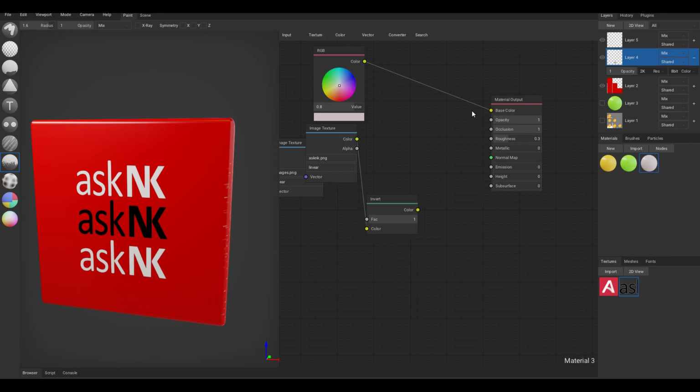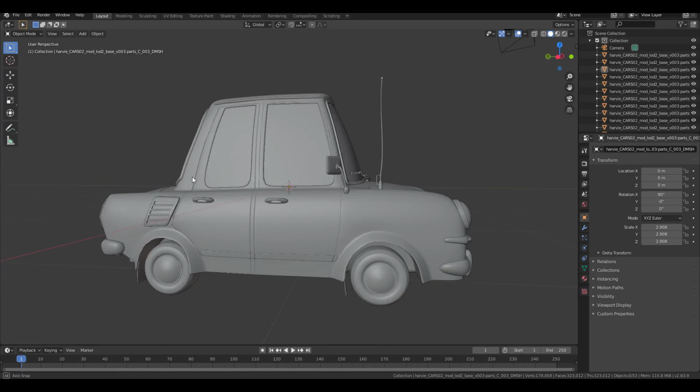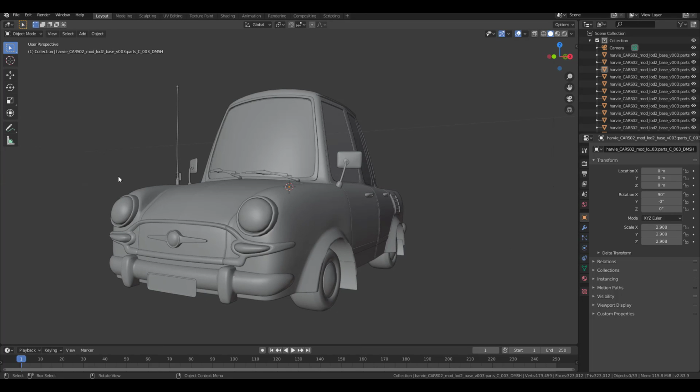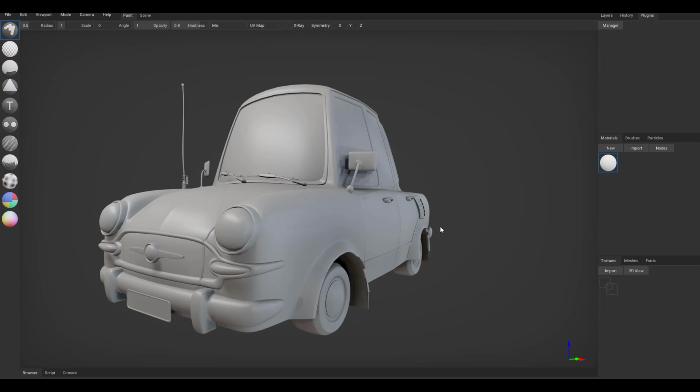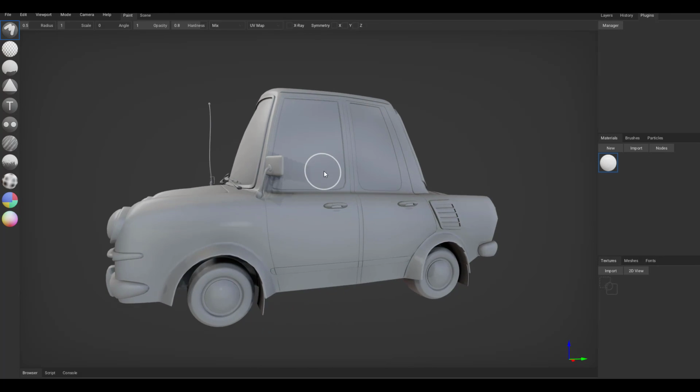So we already have a model that we downloaded from Sketchfab, and this beautiful model that we have here is something we're going to use in Armorpaint. One thing to also note is that with Armorpaint, you can now import OBJ files, FBX, and also Blend files. All right, so with our model here and ready to go, you would also notice that we already went ahead to turn on